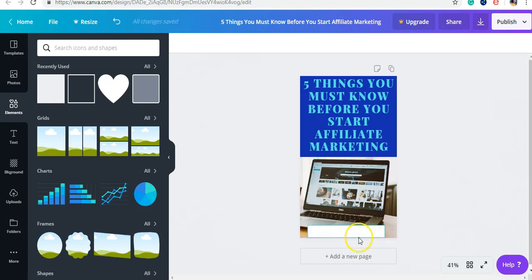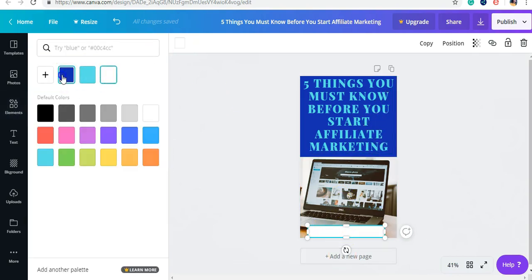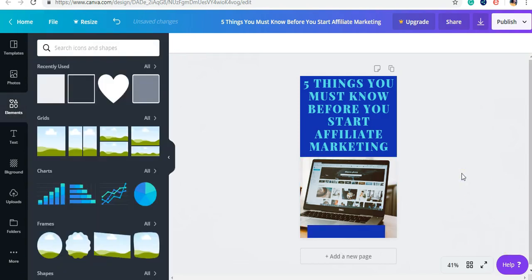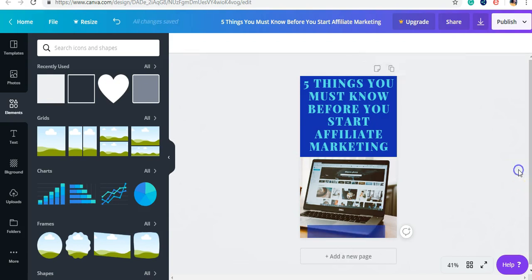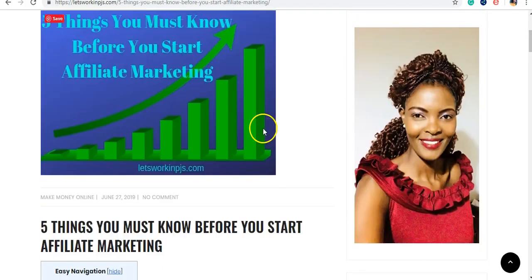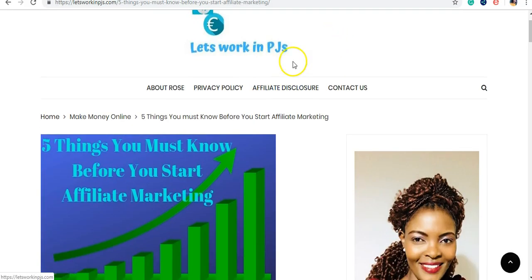Yeah, so now we have to use the same color as our background here, so I'll go back there and choose that color. And the next thing we want to do is, as we did, we are going to make it a bit transparent. Here we are. Perfect. Then we are going to go back to my website, and we are going to copy